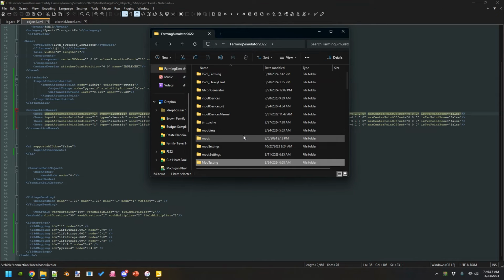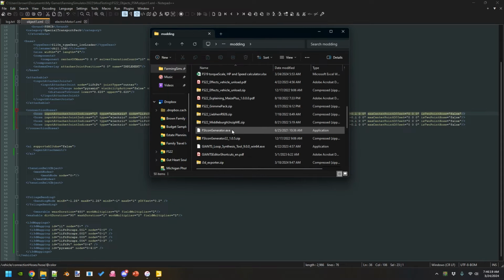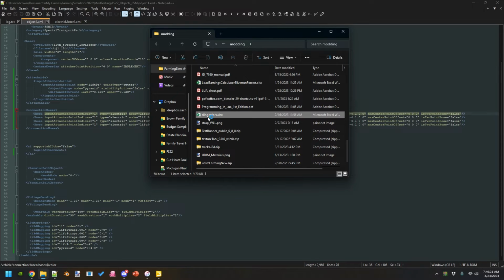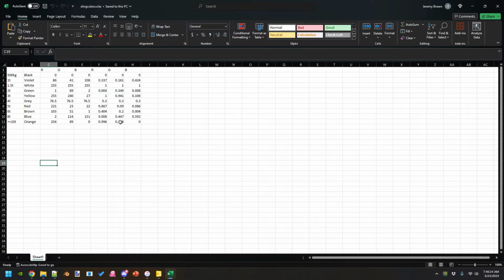So I created an Excel file, sling colors. These are based off of, if I remember correctly, a friend from Germany, how they do sling colors. This is the weight. So if they're between 500 kilograms and less than 1 ton, it's going to be black. If it's 1 ton, so like 1.4999 tons, it's going to be violet. And these are the RGB colors right here that you need to enter into